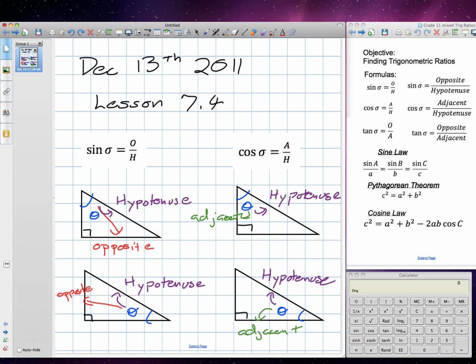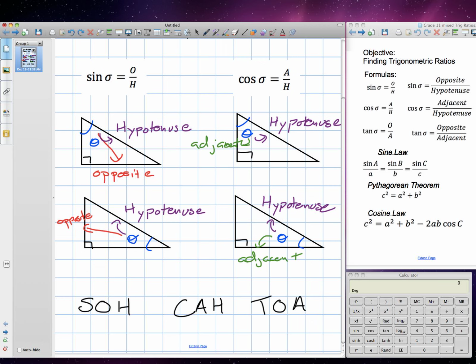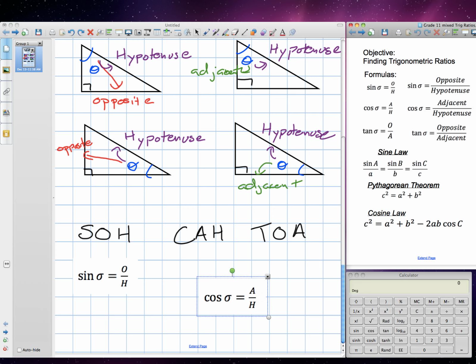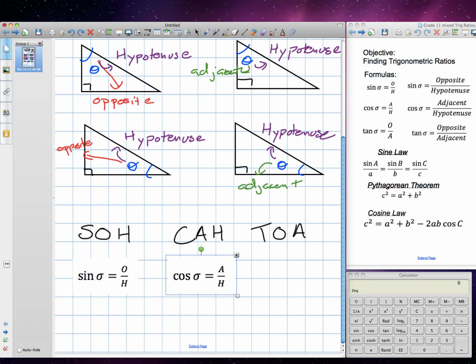Okay, so I've written what I think it's considered an acronym, SOHCAHTOA. And what that stands for is a quick way to remember our formulas. Our sine formula, we'll put underneath. Our cosine formula. And our tangent formula. So,